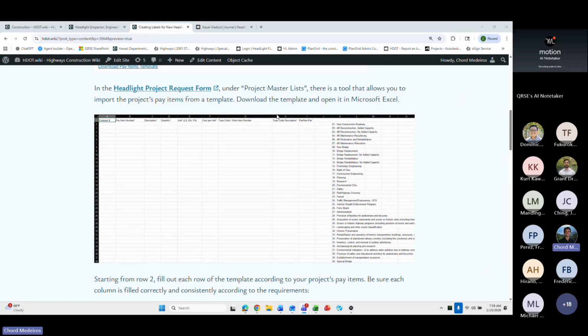So columns G and H have been separated out. Previously, it was just one column where you were able to enter a free field where it says 21 and then dash safety. But now on federal projects, in order for your fiscal table or your summary recap table to work properly in the progress payment, you'll need